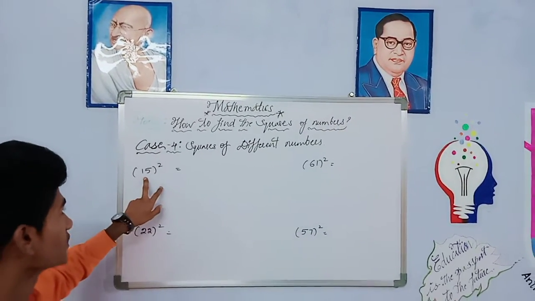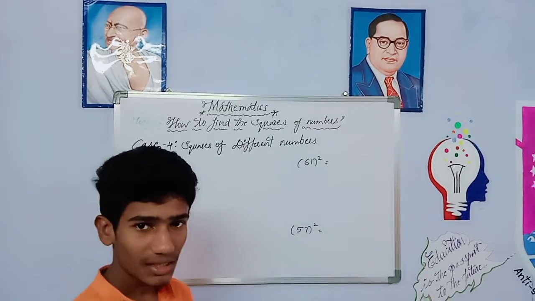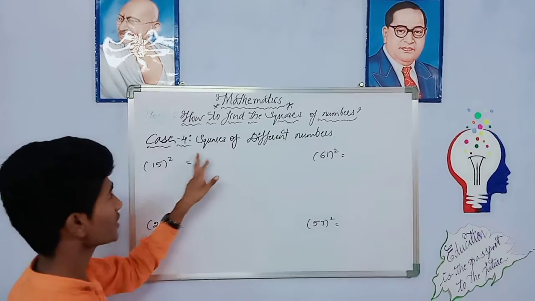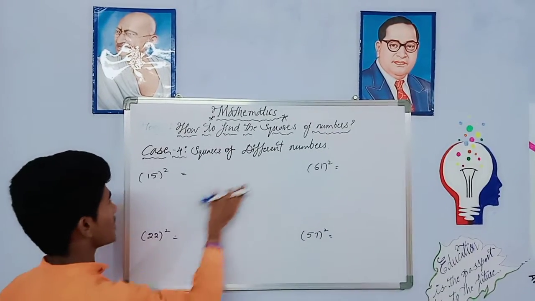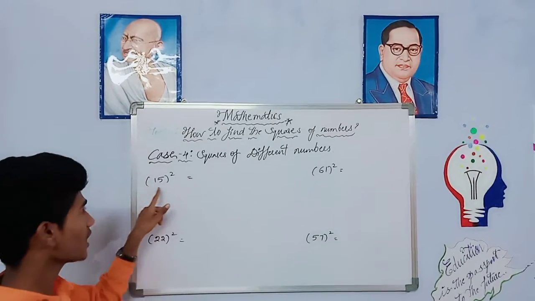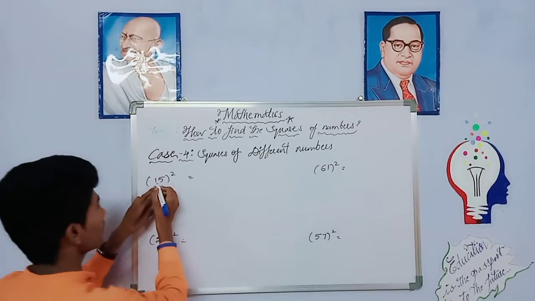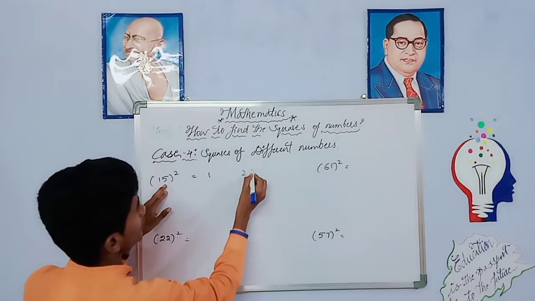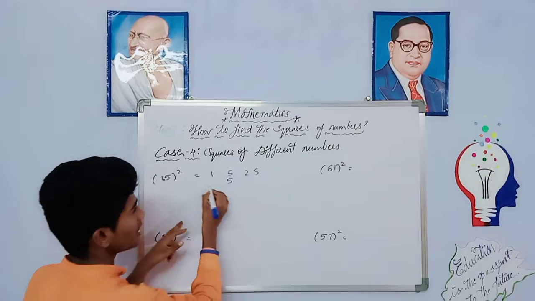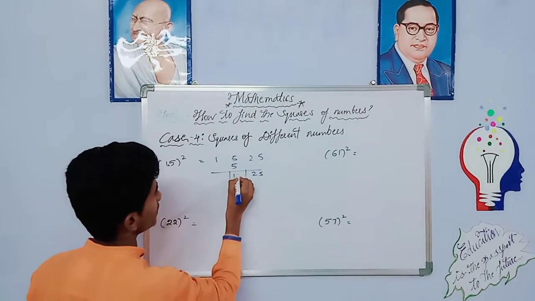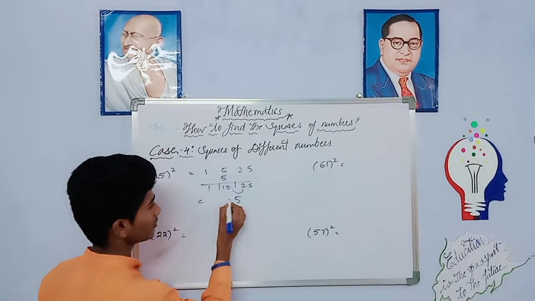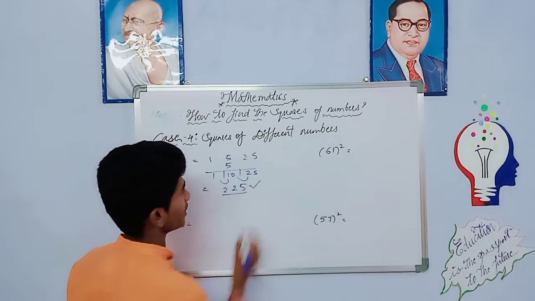Here, starting with 1, we have the particular trick, but we can get the answer in the fourth case also. Here you can see 1 is a different number, 5 is different. In 15 squared, 1 and 5 are both different. 1 squared equals 1, 5 squared equals 25. In the middle you have to multiply: 1 times 5 is 5. In the middle place you have to add the same number: 5 plus 5 is 10. Now 5, 2 carries to the left, 1, 12 we will get. 225. Yes or no?